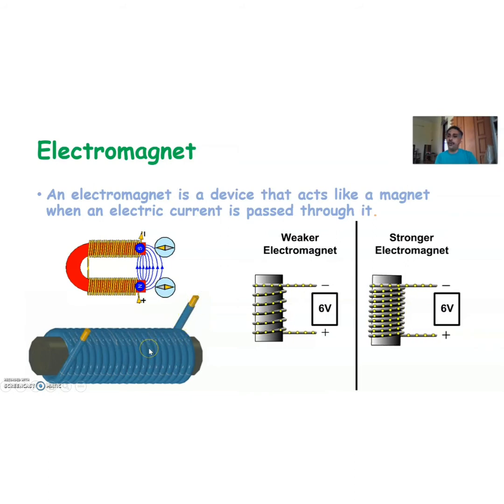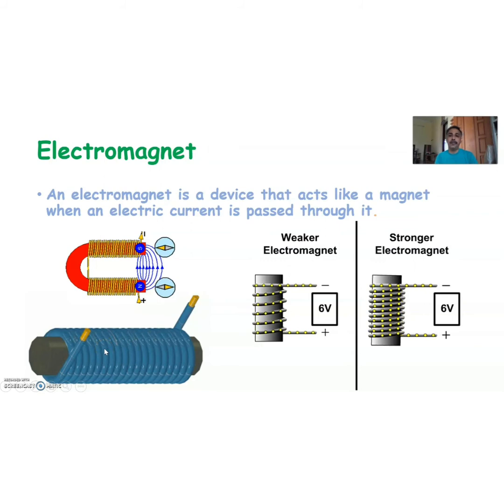That is one way of doing it. So we can increase the magnetic field produced by increasing the current flowing through the insulated wire. The second one is by keeping the current constant, we can increase the number of turns of this wire. As a result, the magnetic field increases. This is because of the superposition principle. What is the superposition principle? The magnetic field produced by each turn of the coil gets added up, and we get